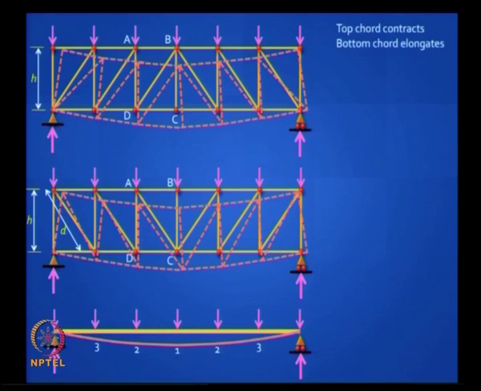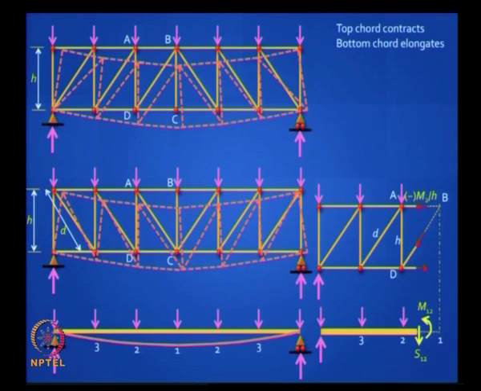So if you cut a section here, for example, if you take moments about the point B, you can find out the actual force in the top chord in the second truss and the bottom chord in the first truss. It is given by the bending moment at that location, where B is, divided by the height of the truss. So this is a quick way, and those are the maximum values of forces in that truss.